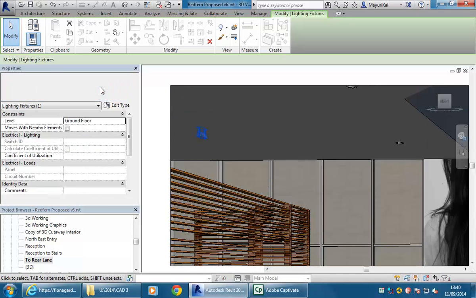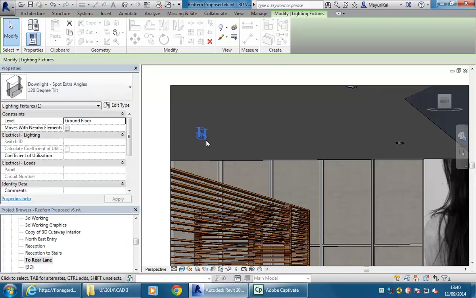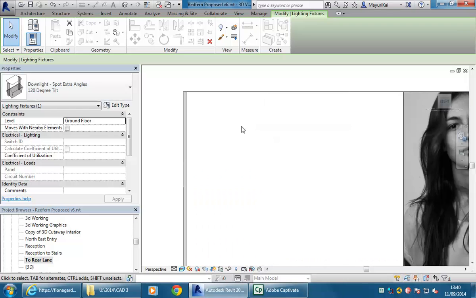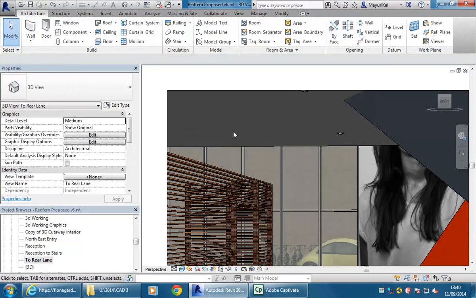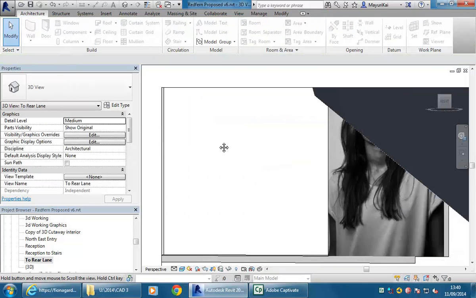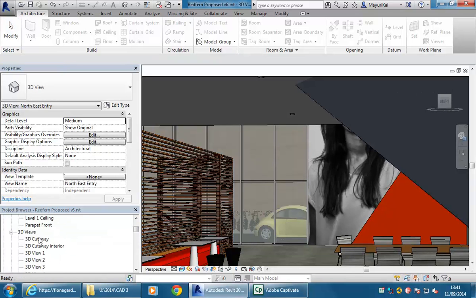So I can then change the angle. And you can see then that's pointing it towards my screen. So I'll get shadows cast through the screen, or I can even go over the top of the screen, which might be an idea. I actually wanted this light on the next level, but I just wanted to show you that in the perspective view. I'll delete it for next. I'm going to put some different lights into that area, but on my level above,